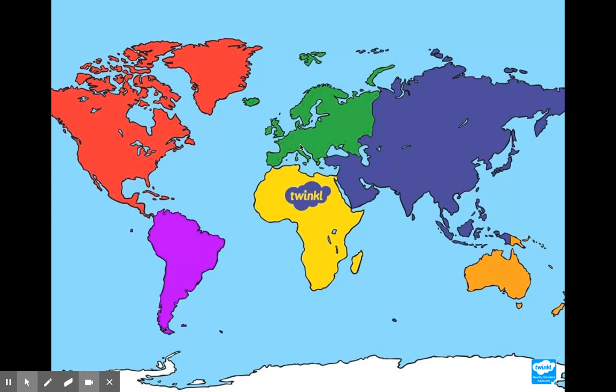Those are some of the places we'll be focusing on. Just south of Europe, this yellow continent is Africa. That's right. So Africa is right below, just south of Europe. And just to the right of Africa and Europe, this large one